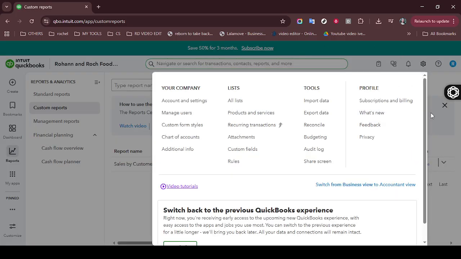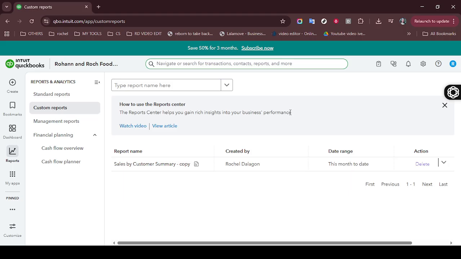TurboTax Business will prompt you to enter your expenses. Take your exported expense report and begin categorizing them as per the TurboTax categories, ensuring accuracy with each entry. This is an excellent time to revisit your reports and confirm that every expense is accounted